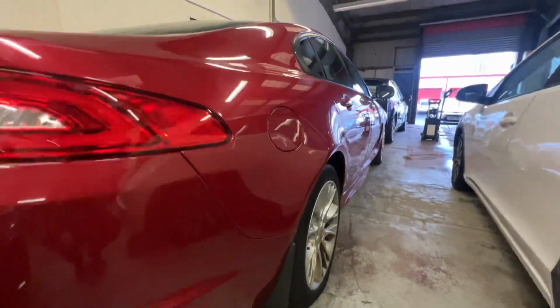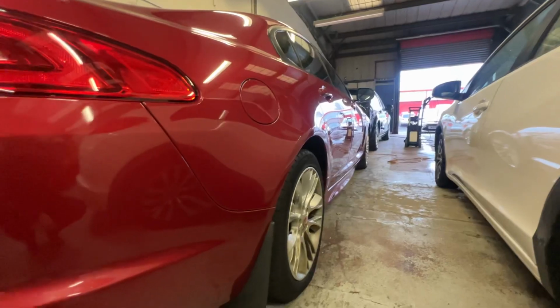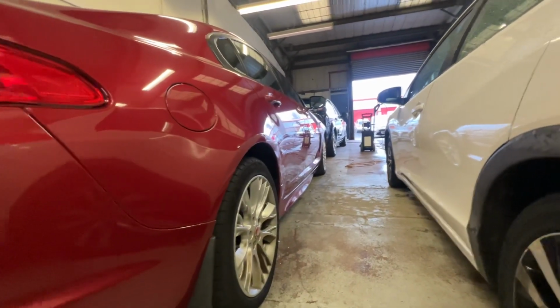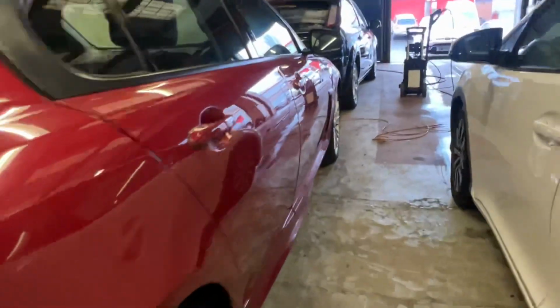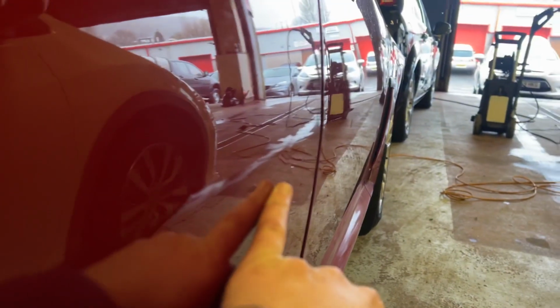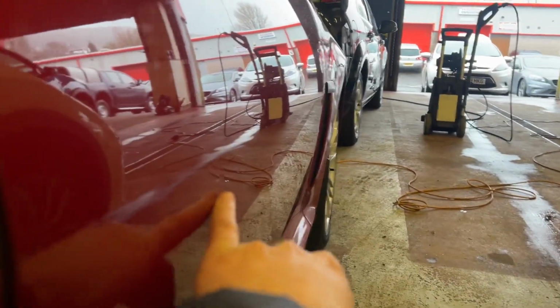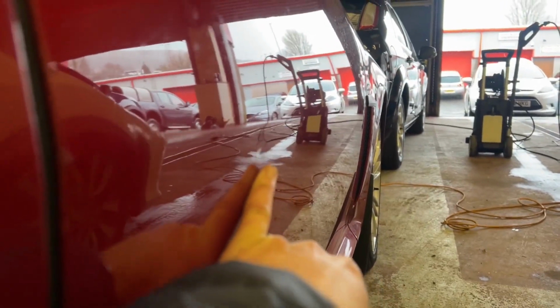Right hand side of the car looks all right, the paint looks fine. Can't really see too much in the way of wear and tear. If I'm being ultra critical, just on the crease where the door is, you can see a dent there, and then there's another one. Just hard to see this without